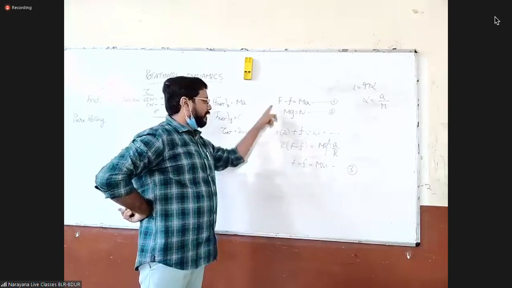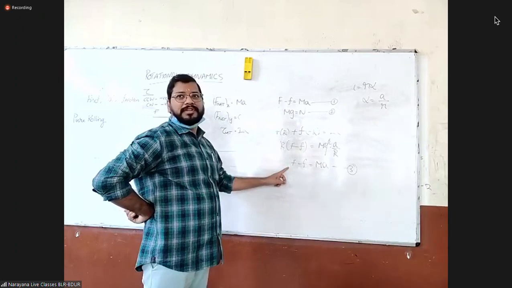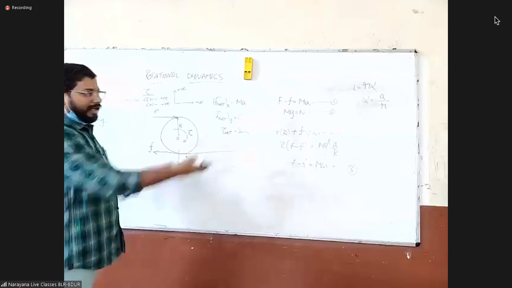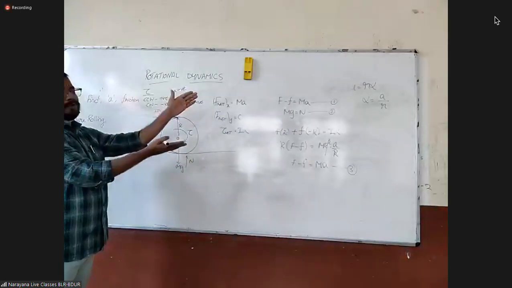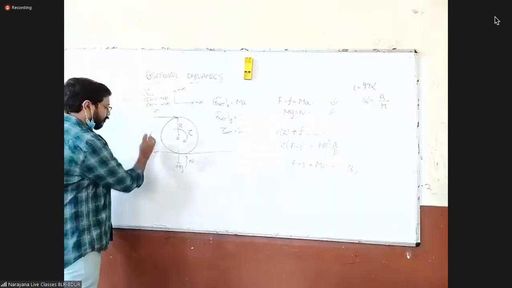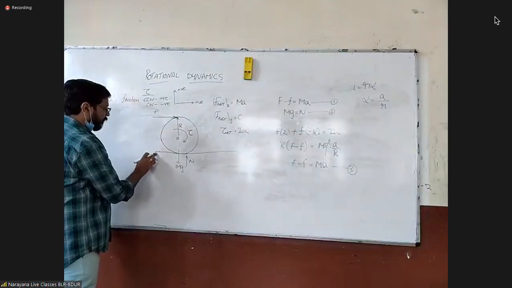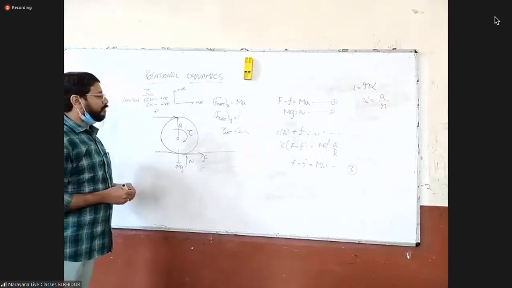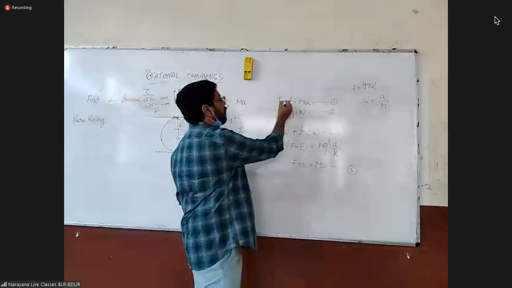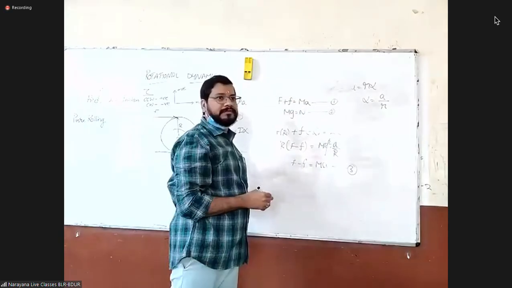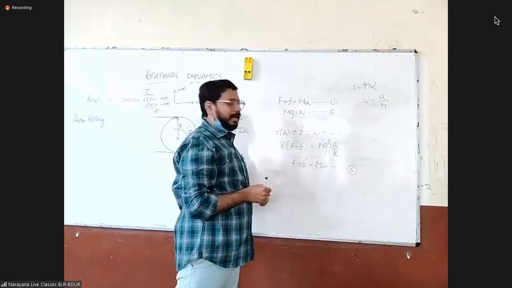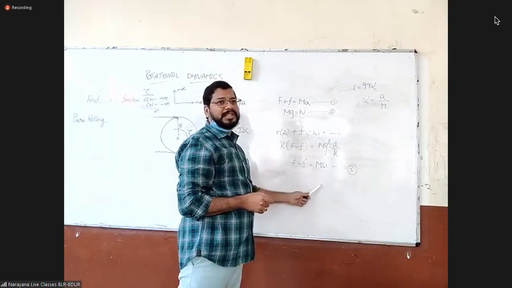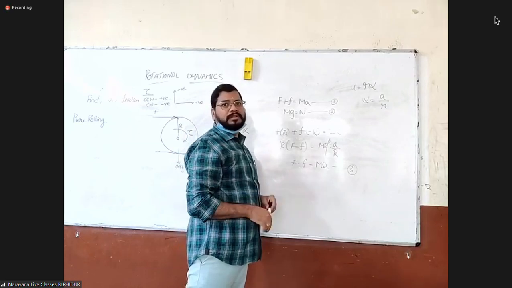So from this, did you understand that the frictional force direction which we have taken is wrong? Because we are unable to solve it, we can't proceed. So your frictional force is not in this direction. Your frictional force is in this direction. Now you do it. This becomes F plus f. Right? And now f and f get cancelled. 2F is equal to 2Ma. F is equal to Ma. Understood?